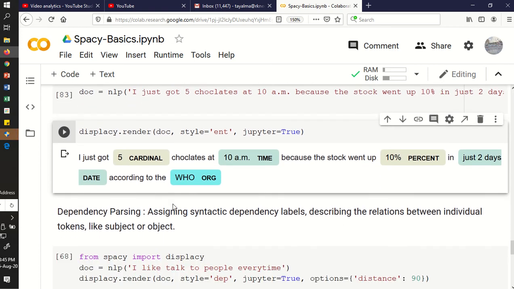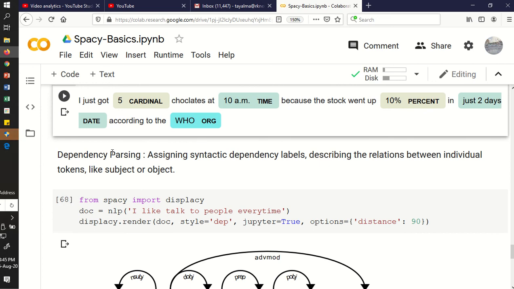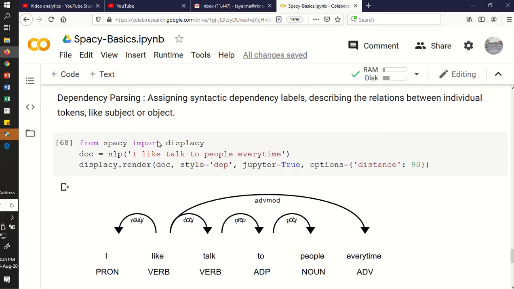Now proceeding further with the last operation, that is dependency parsing. Dependency parsing assigns the syntactic dependency labels and also describes the relationships between the tokens, that is subject or object. So now you can verify, from spacy import displacy.